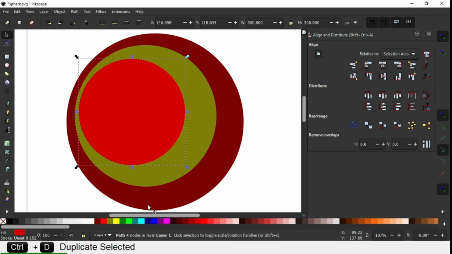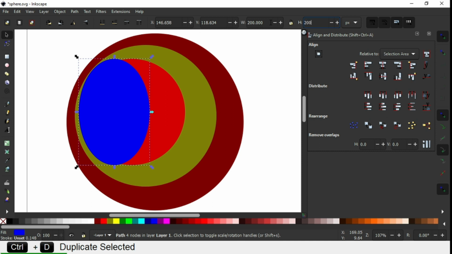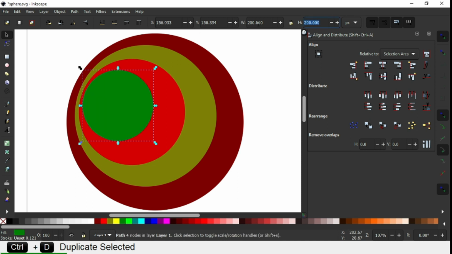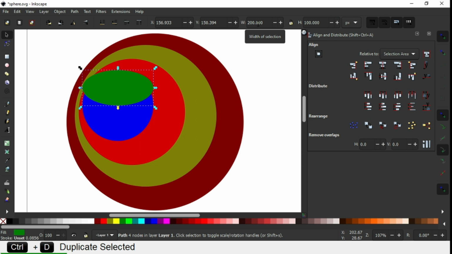Again duplicate it, change the color and adjust the size. Change the color, adjust the size.